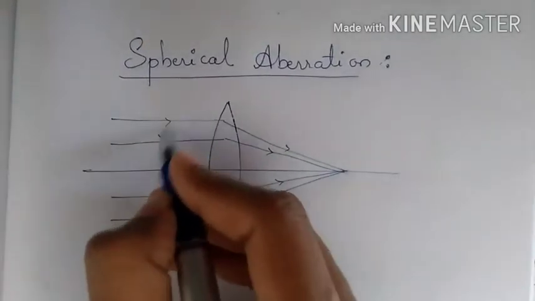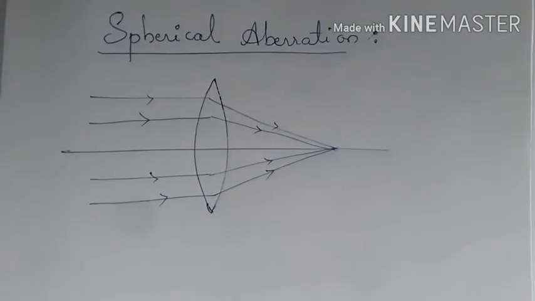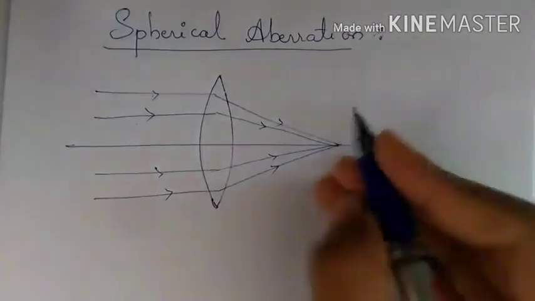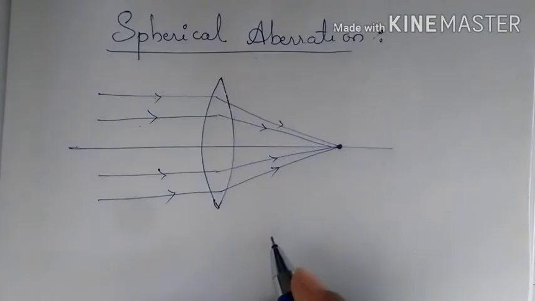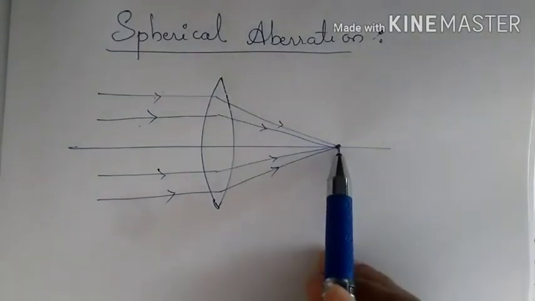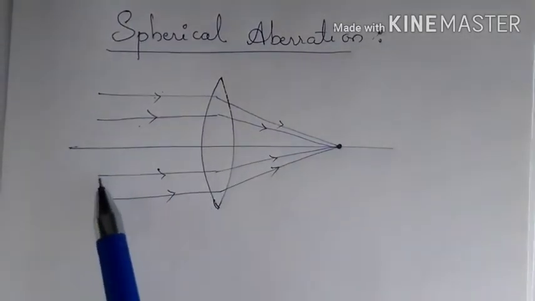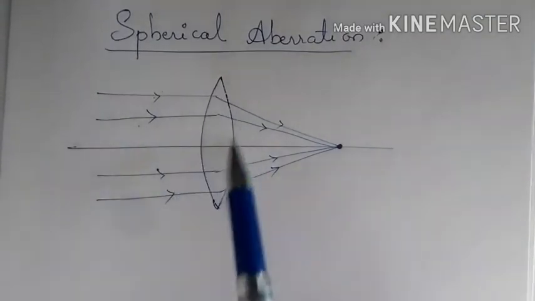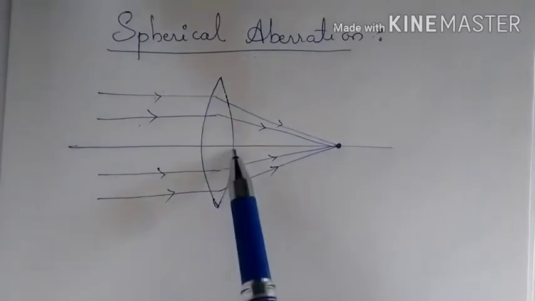Convex lens is also known as the converging lens. This lens converges all the rays that are coming from infinity at the focal point. So this is the focal point. The rays which are coming from infinity converge at the focal point. This is the property of the convex lens. Now if rays come from the focal point, then these rays will meet at infinity. That is again another property of the convex lens.